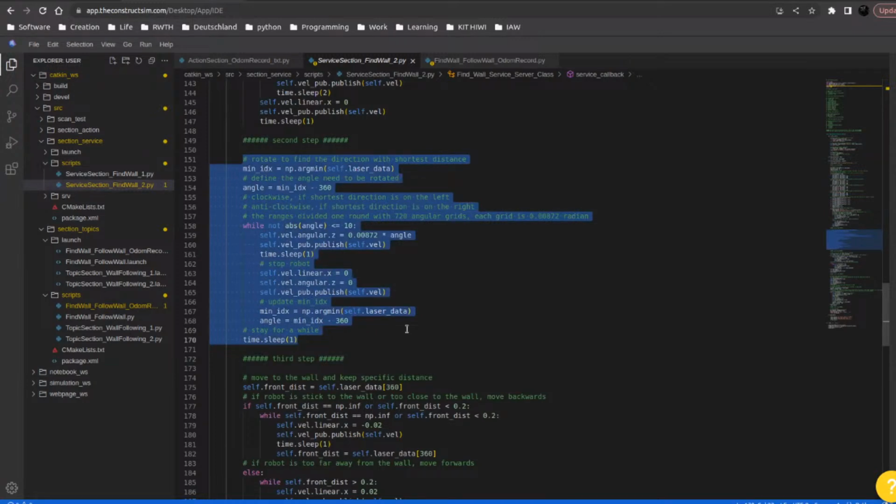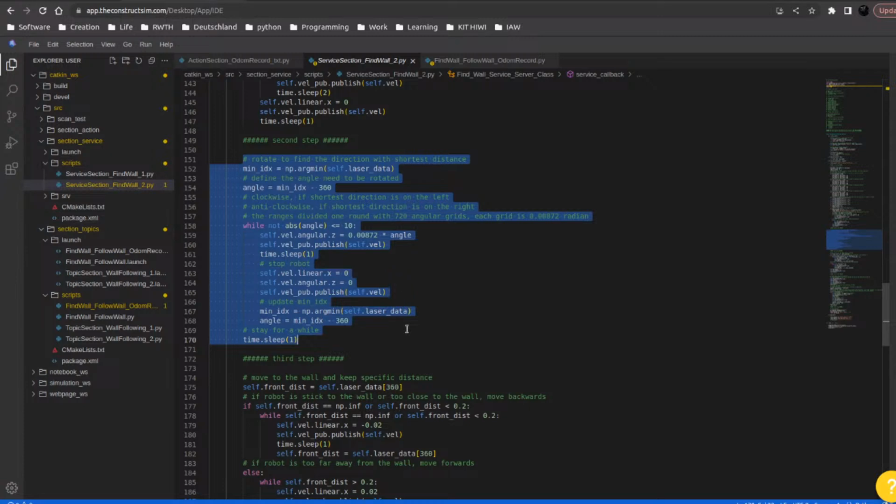Firstly, we assume that the robot is at a random position near a wall. So we have to firstly find how the robot will rotate to the wall. The method is that we extract the distance information from laser data and find the minimum one. That would be the direction directly against the wall, and we calculate the angle distance between this wall direction and our front direction. This angle is the distance we have to rotate,